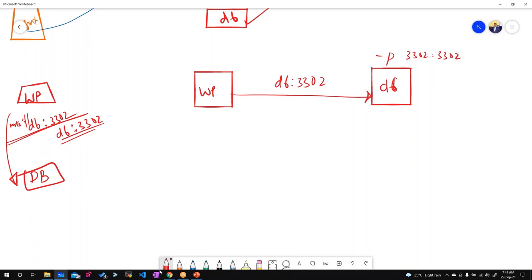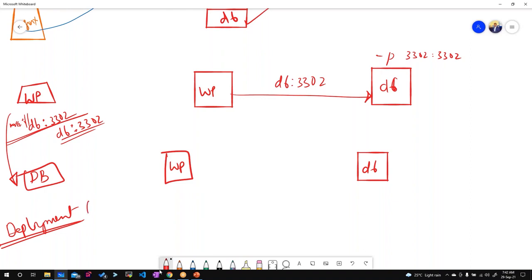Okay, so now see here, in case of Kubernetes, this is WordPress and this is DB. But this DB I won't run as a single pod, because Kubernetes is always meant for high availability, so I'll run them using a deployment. Inside the deployment, I give the name web, and replicas, let's say, 3. Now the naming convention for each replica is the deployment name followed by some hash value.